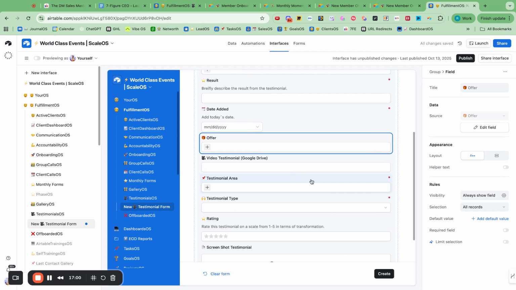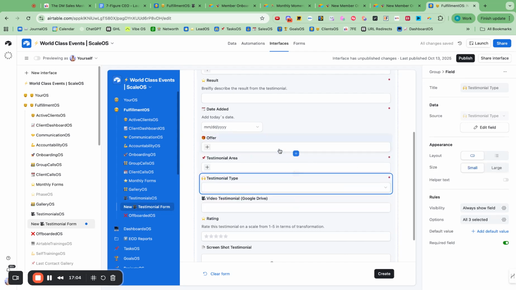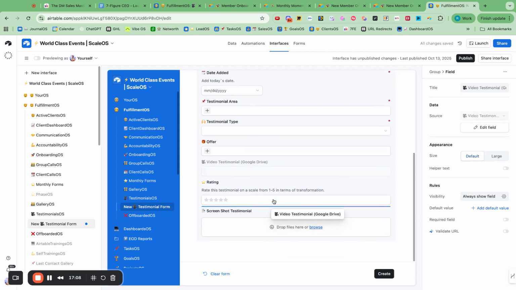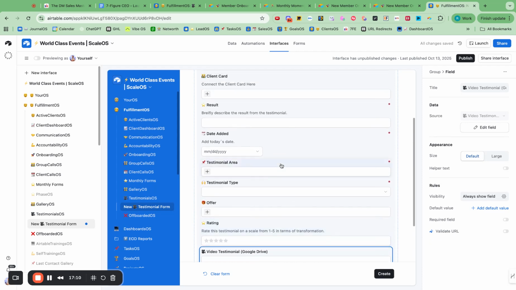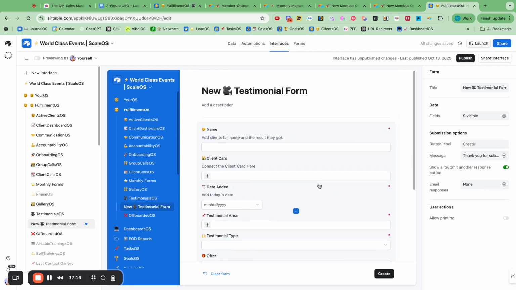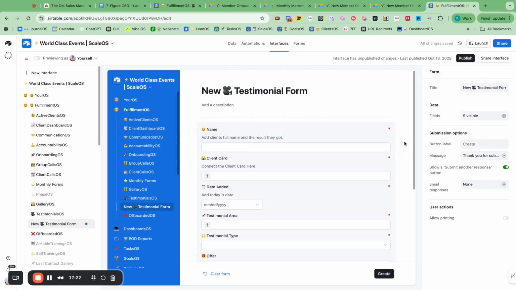Boom. And then testimonial area, you can put in new ones there. We'll put the offer down here, put this down here, and offer rating would be good. You can put the result in the first name, so we can remove that. And that's a really simple form for your, let's make sure this is required, really simple form for your VA